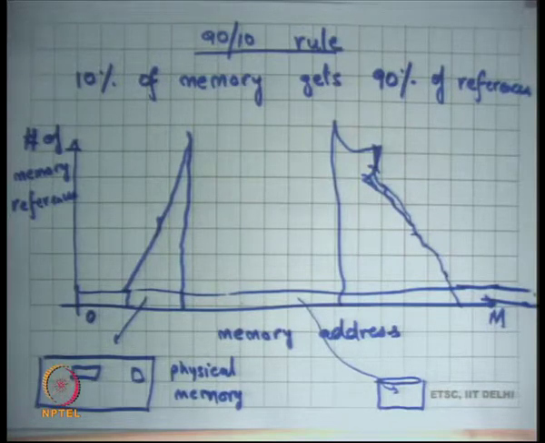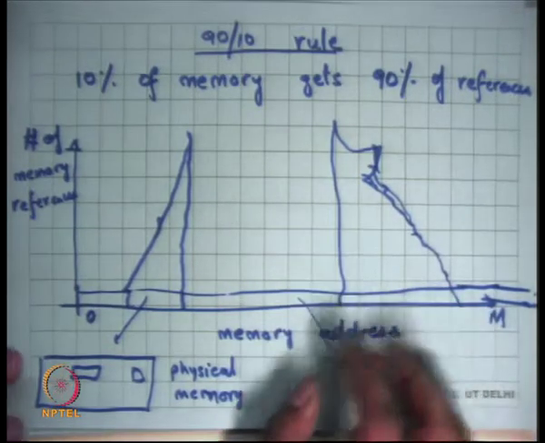Or even data. Even the data structures or the heap, it's quite likely that the root of, let's say you are maintaining a tree in your program, let's say a binary search tree or something, then the root of the tree is likely to be very hot. You're going to access that root each time you do anything on the tree, right? So in general, there's a high amount of locality.